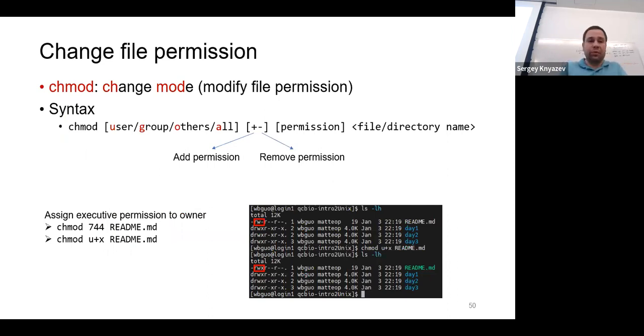To change the mode of the file, there is a command that's called chmod, change mode. It basically changes the permissions of the files. The syntax is the following: you type the chmod command, and then you use literal